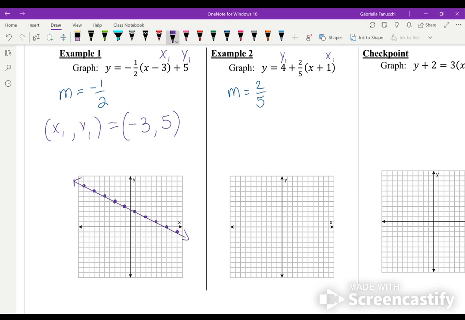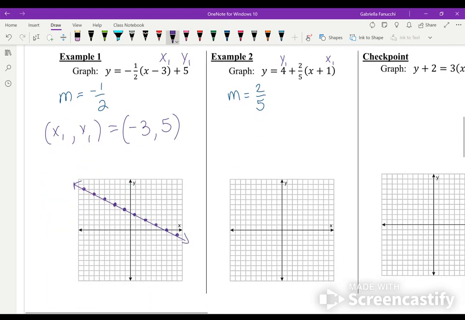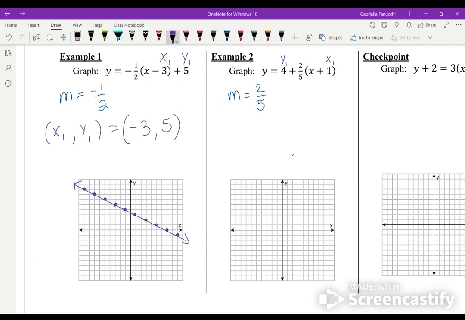So the x1 will always be with the x inside the parentheses, and the y will always be outside, right? That's the y1. And again, you can see in example 1, it was written one way. Then example 2, the point slope form is written the second way, and then the checkpoint is written the third way. So just seeing that you can see it's all the same thing. So our x1, y1, our values are going to be